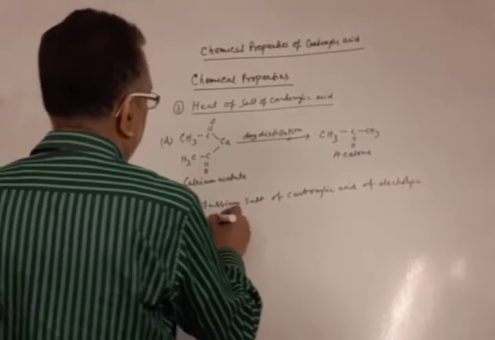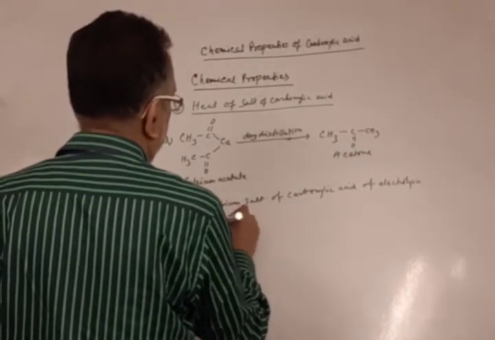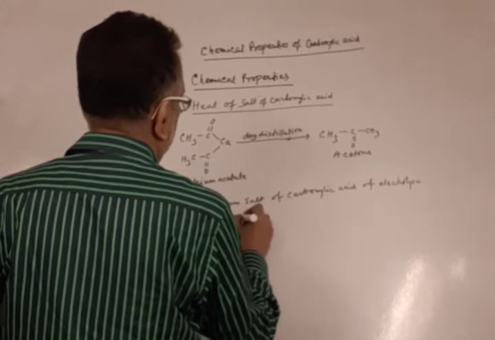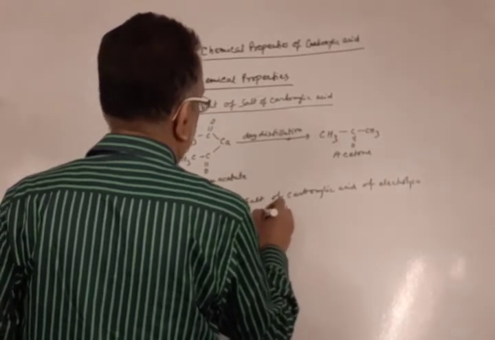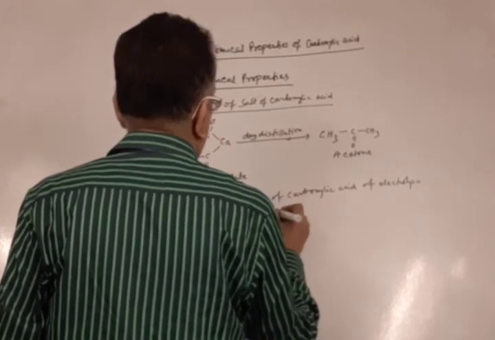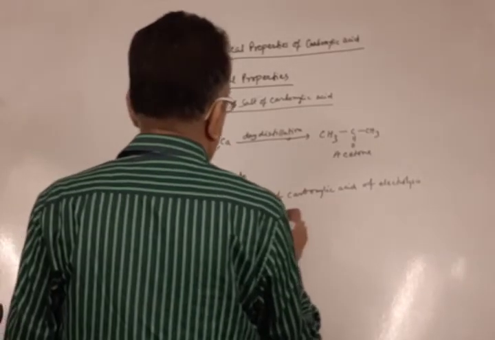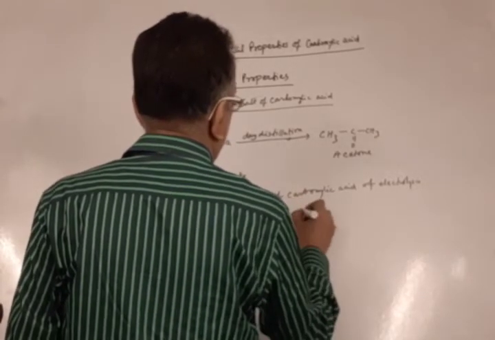Suppose we have this compound CH3COO minus K plus, this salt, when electrolyzed,